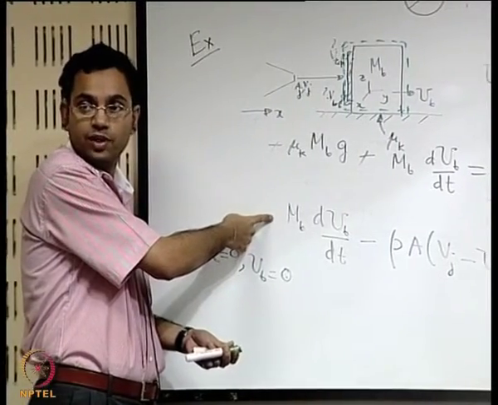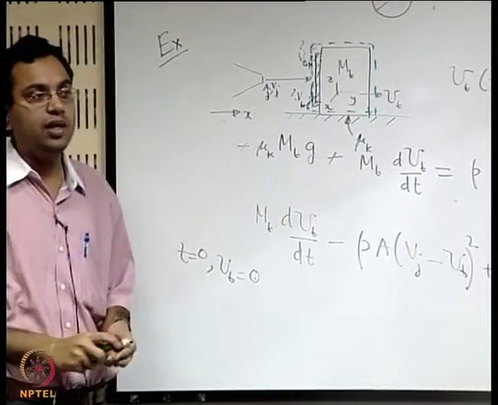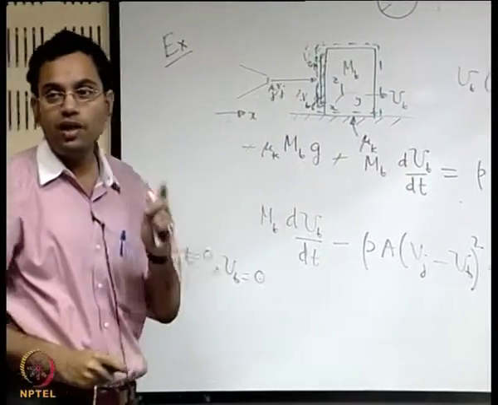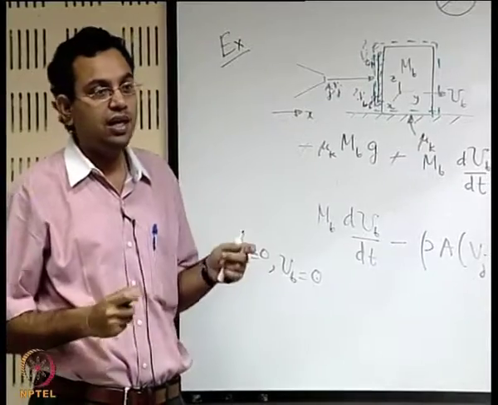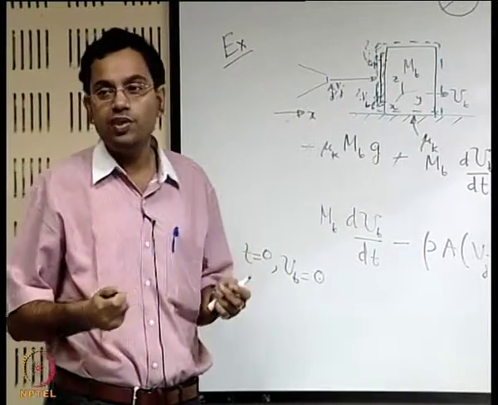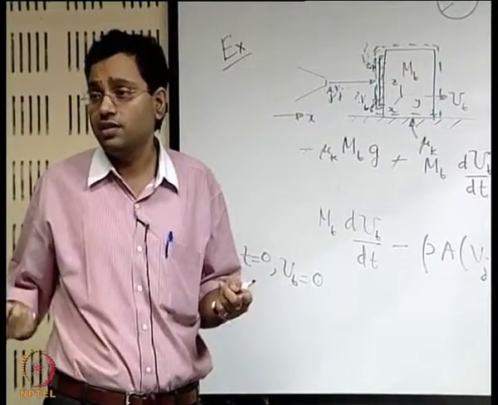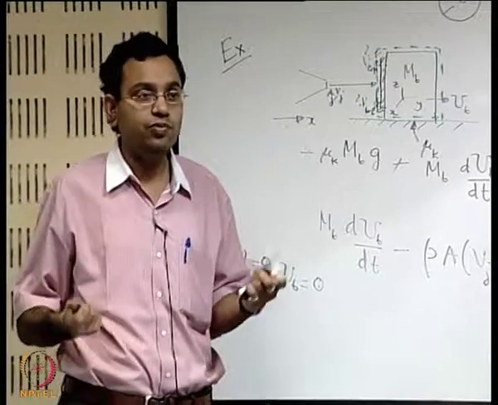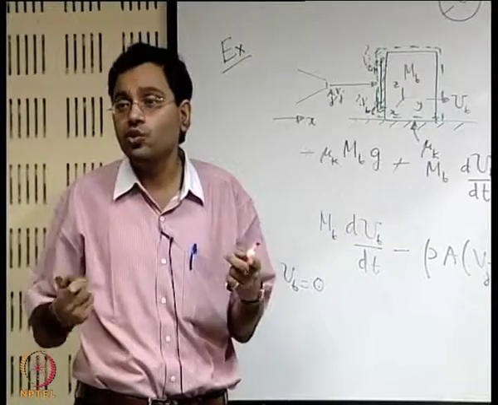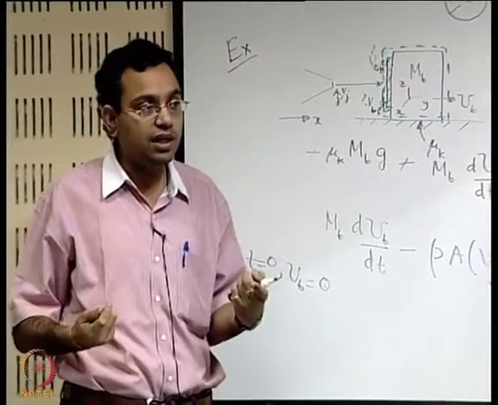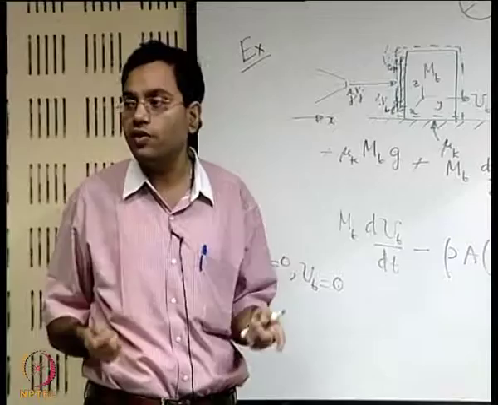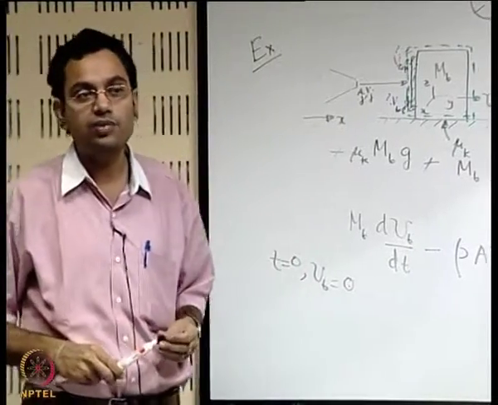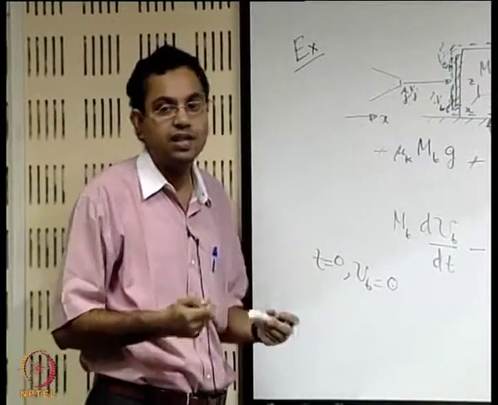How it changes with time is governed by this equation. Now, when we have considered this theory, one important assumption that we have made is that the fluid in the control volume is of constant mass, but it might so happen that the mass itself is a variable within the control volume. So if the control volume is accelerating and the mass within the control volume is a variable, not a constant, we will see that in the next class. In the next class we will take up the cases of variable mass in the control volume.